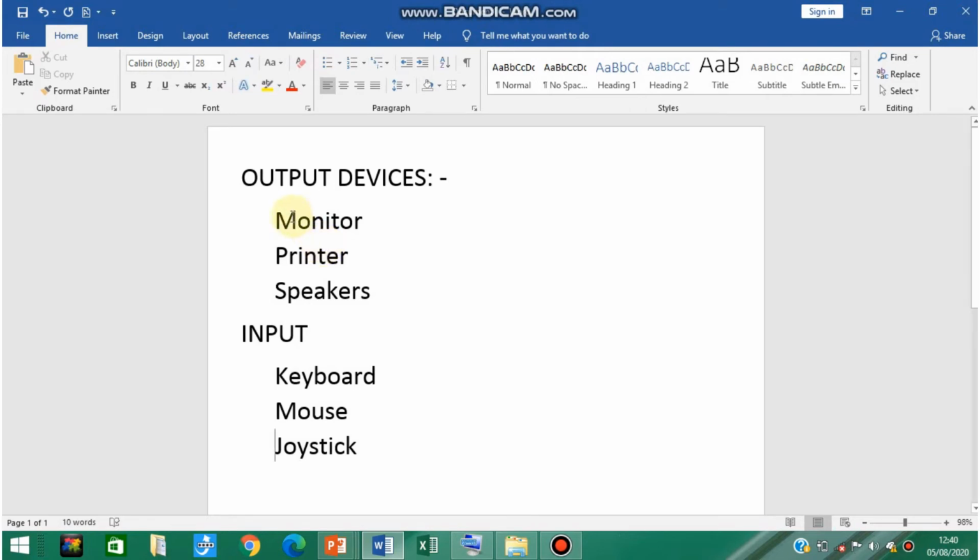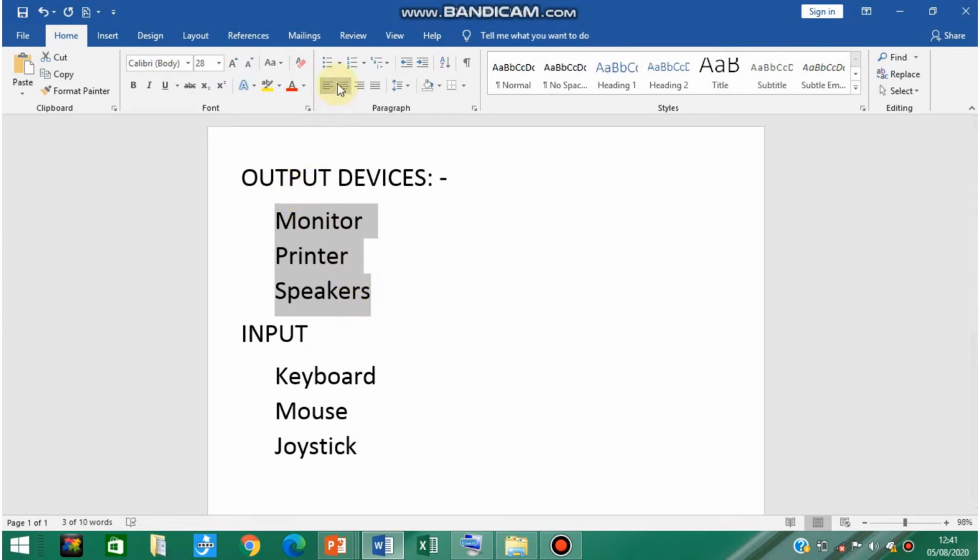Here a list has been created, as you can see on the screen, but how to add the bullets to this list? First you have to select the whole list by pressing the left click of the mouse continuously and dragging your mouse from the start till the end of the list.